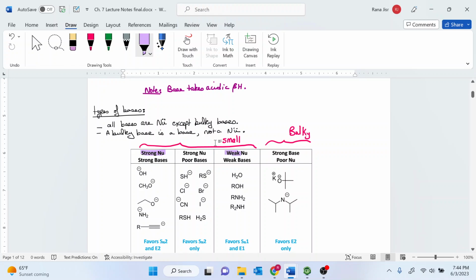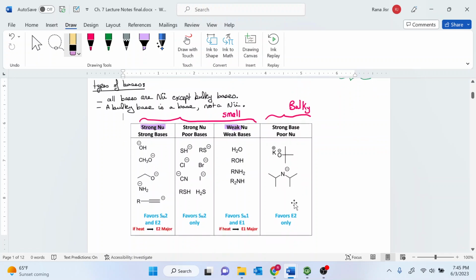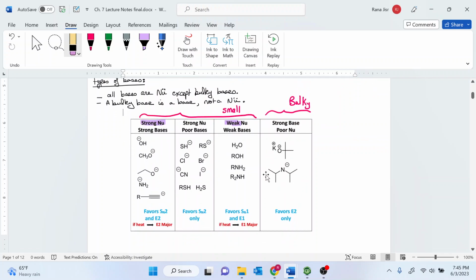And we know that the difference between the nucleophile and the base is the role, because both contain lone pairs. If you're talking about nucleophiles, they have lone pairs. And if you look at the base, they also have lone pairs. So we can easily say that all bases are nucleophiles, except bulky bases, because bulky bases, like for example, potassium tertiary butoxide, lithium diisopropylamide, we've talked about